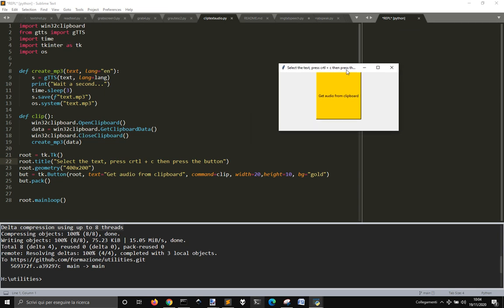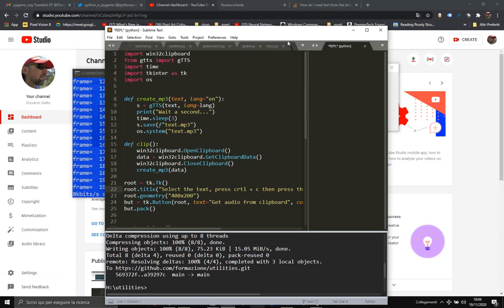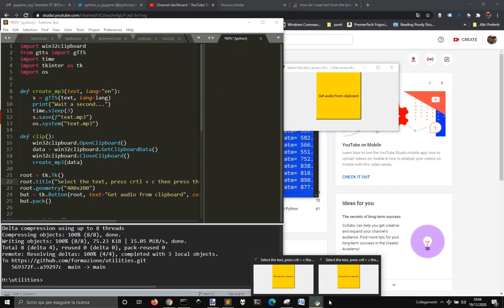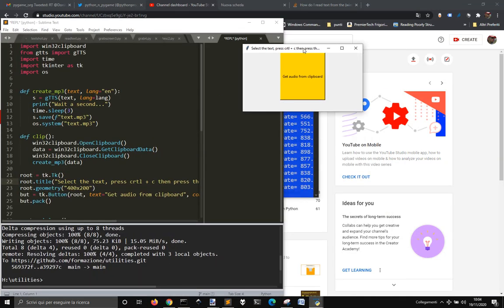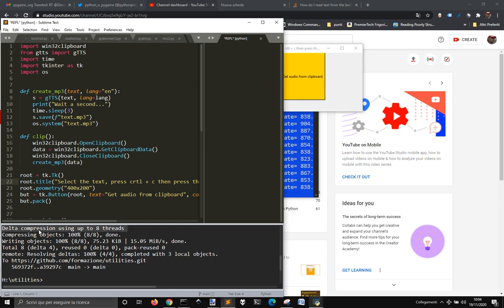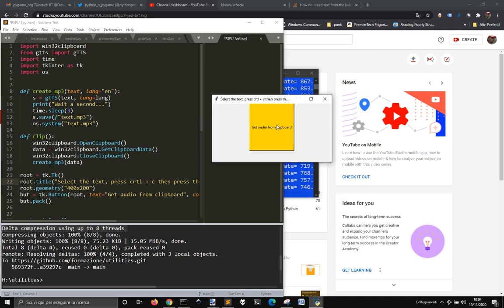Before you press this button, you can, for example, select any text like this, press Ctrl and C to copy this text in the clipboard, then go here and press this button. After a couple of seconds, you should